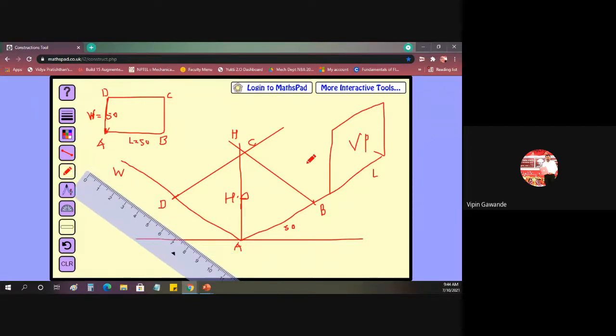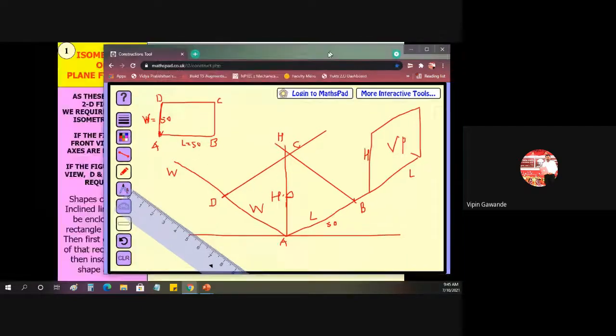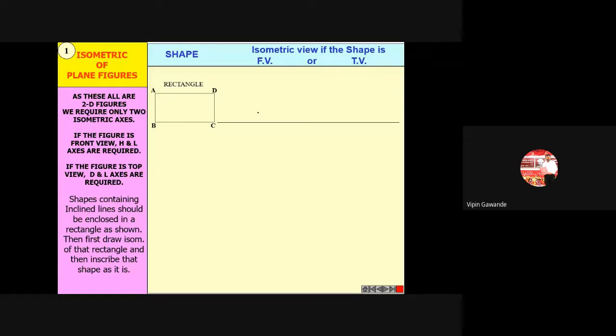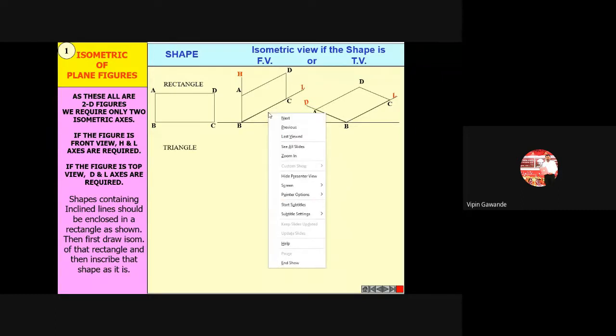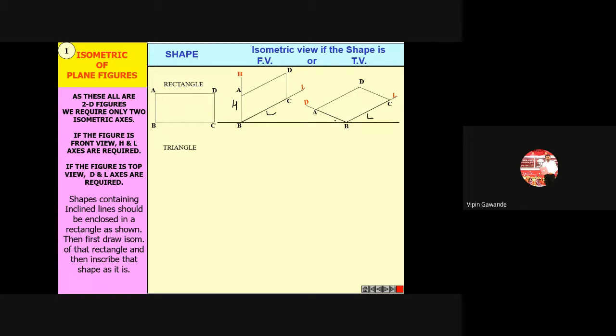When you have to draw a vertical plane, you have to use the height dimension, and when you have to draw the horizontal plane, you have to use the length and width dimensions. L and W we have to use. So based on what you are drawing, if you have to draw a vertical rectangle, it will come something like this. This is length and this is height. And if you have to draw it here, this is length and this is width. This is horizontal, this is vertical.